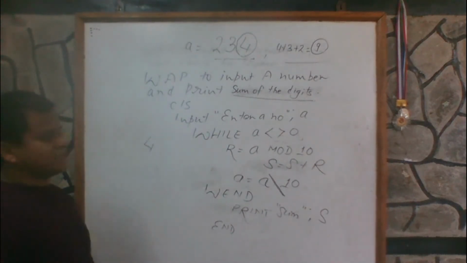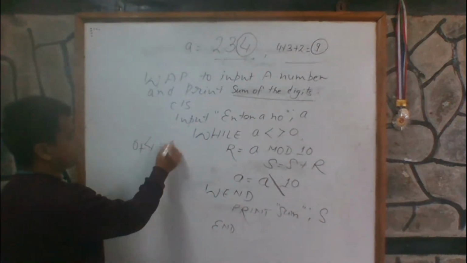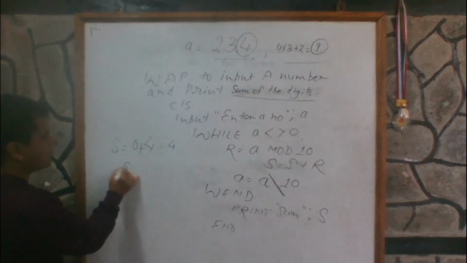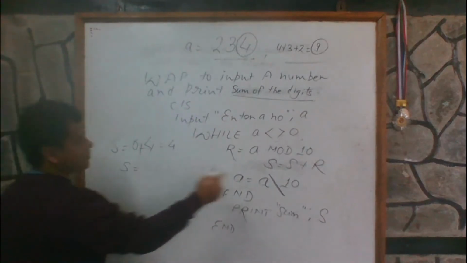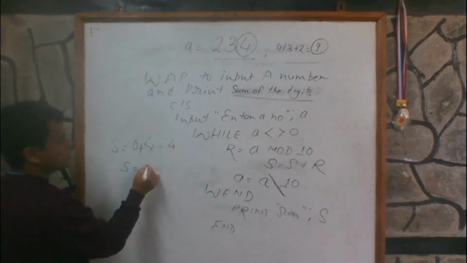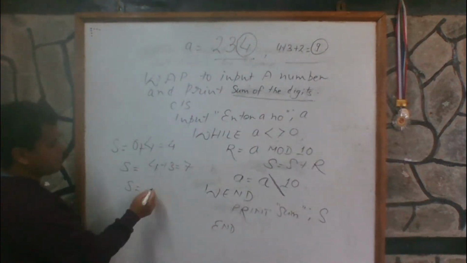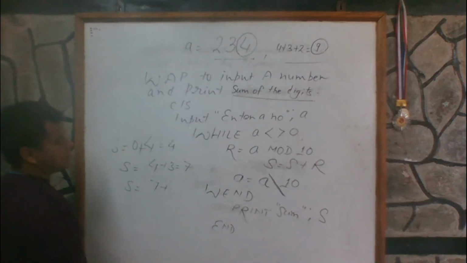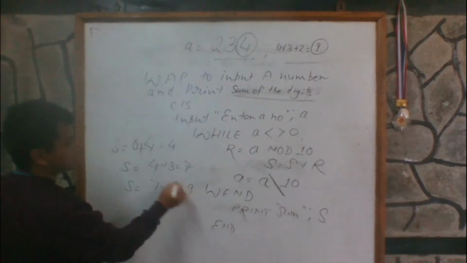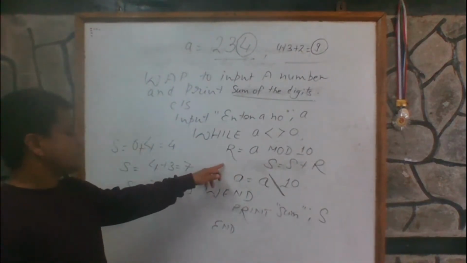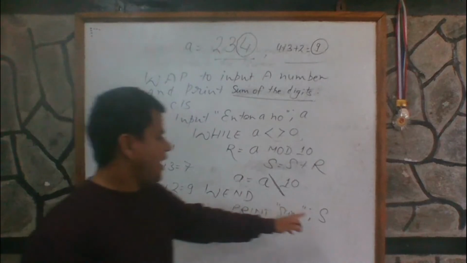Look at here, what is the first value of r? First value of r 4 आउँछ है, अनि यो s 0 छ, अनि 0 plus 4 भयो, 0 plus 4 equal to 4 भयो, s को value. अर्को चोटी r को value के आउँछ? अर्को चोटी r को value तिमीलाई थाहा छ 3 आउँछ. अर्को चोटी r को value 3 आयो हैन, भनेपछि पुरानो s को value that is 4 plus 3 that is 7. अब अर्को चोटी s मा के हुन्छ? पुरानो s को value, old value of s plus new value of r. अब r को value अर्को चोटी के आउँछ? 2 आउँछ, भर्खरै तिमीले सिक्यौ. 7 plus 2 9, अनि यो 3 चोटी मात्रै काम गर्छ यो loopले. And the final value of s, the final value of s is 9 and 9 is printed.